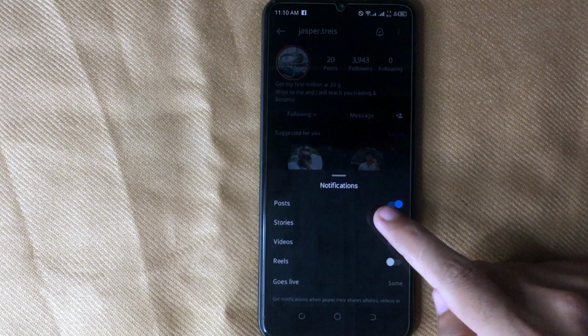So there you go. If you were wondering how to turn on post notification for specific